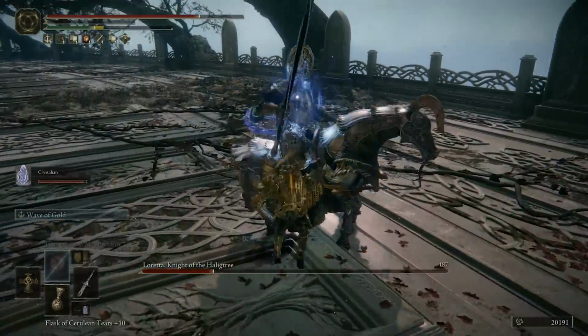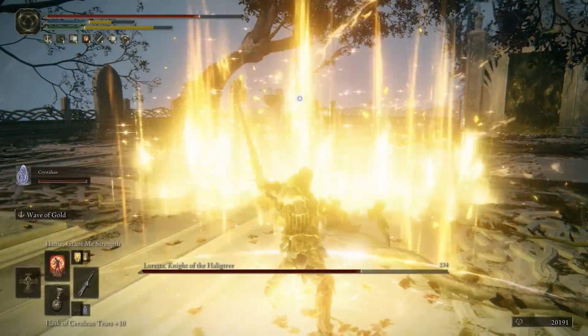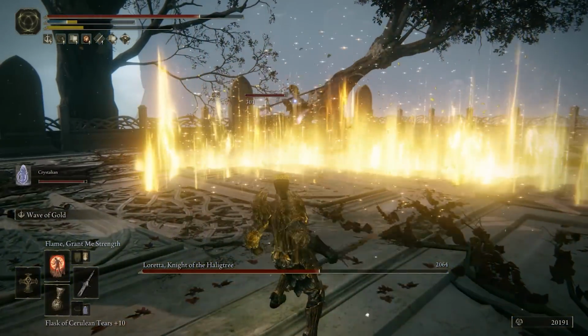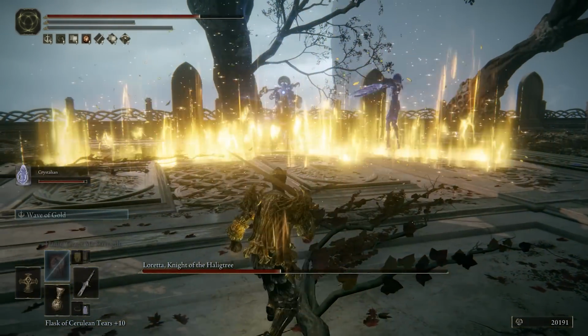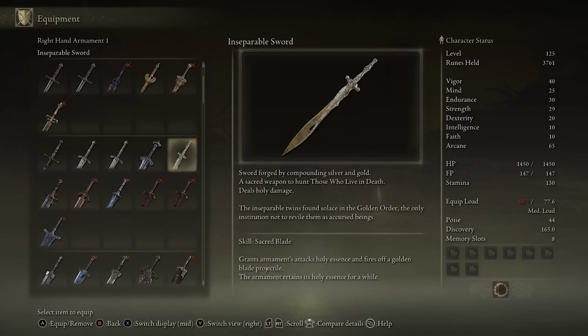Honestly, I don't think it's even something you're going to look for in this weapon anyway, and it's also a weapon that comes super late in the game. You have to pretty much give in the remembrance of the final boss in Elden Ring, at which point you're probably going to have much better options. Now, speaking of better options, there's actually one that comes a bit earlier, and that's going to be the Inseparable